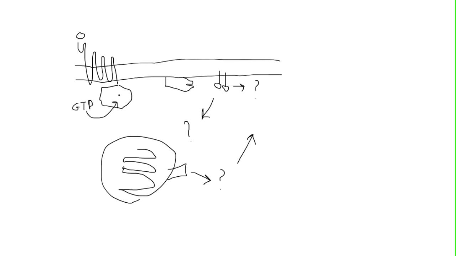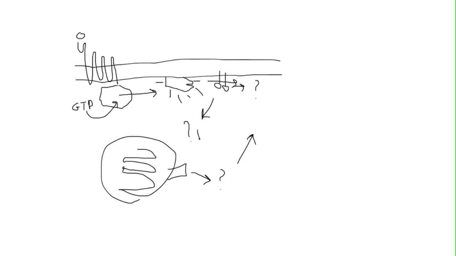Once this alpha subunit is active, it's going to dissociate from the rest of the complex, the gamma and beta subunit. It's going to activate something called phospholipase C. This is phospholipase C right here. I'm going to put some marks to indicate something is active. So the phospholipase C becomes active, and once it's active, it's going to cleave this membrane-bound phospholipid known as PIP2